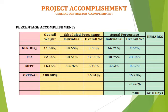For the project accomplishment, the schedule for general requirements is 3.53% compared to actual percentage of 7.67%. For C.S.A., it's 27.93% on schedule accomplishment, while the actual percent is 28.04%. In